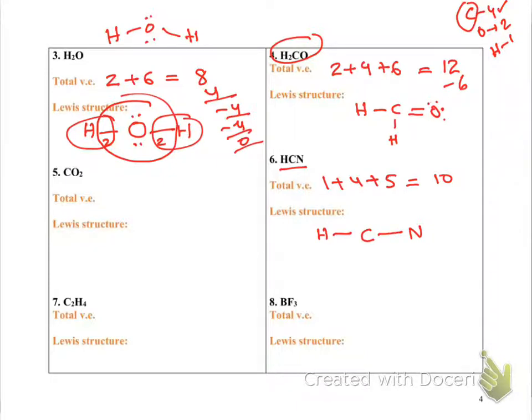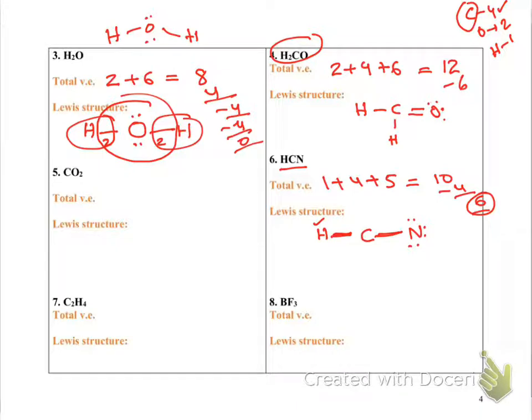So then how many electrons are used? Each bond is 2 electrons. So 2 plus 2, 4, I used 4. So I'm left with 6. You give the octet with the leftover electrons, you make the end elements happy first. Happy again means octet. But this hydrogen is already good because hydrogen wants to have only 2 electrons around it, and 1 bond means 2 electrons. So I'm going to put these 6 electrons as 3 lone pairs on nitrogen.